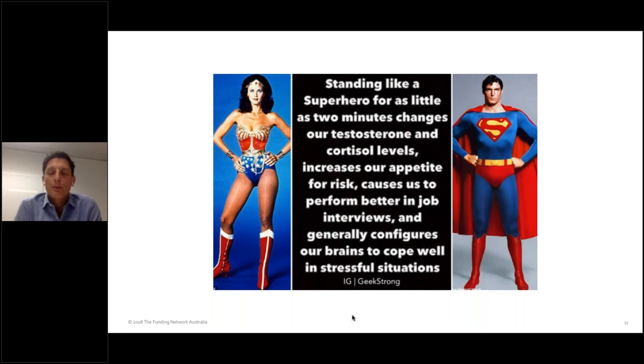And if before you go out to step on stage, or before you go to any public presentation, you just take a few minutes to stand in the superhero pose, it is scientifically proven to help you deal with your nerves and to help you put a sense of confidence and power into your body language and into your head. So it's just a neat trick to think about, of all the different ways in which people deal with their nerves. This might be one that you like to think about.